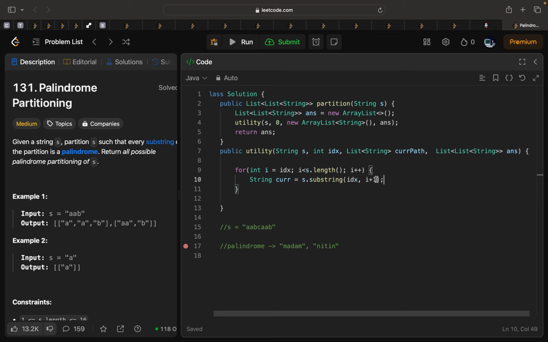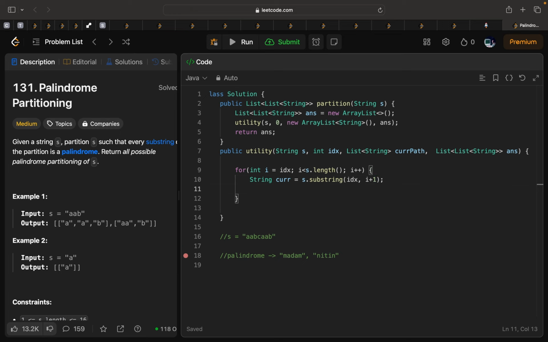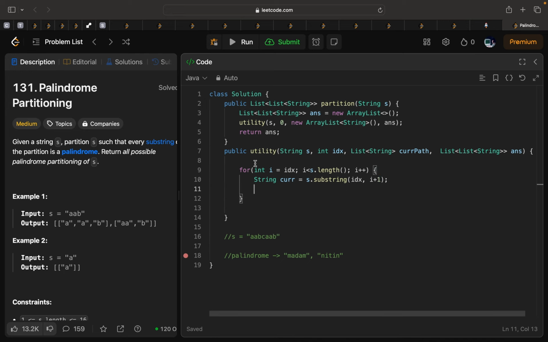So basically we need to add 1 here because, suppose this is AAB, and if we want this substring, we need to pass 0 and 1 will not be included. We will always pass 1 plus index, that's how this function works. So this is our current substring, and we will call a function if our current